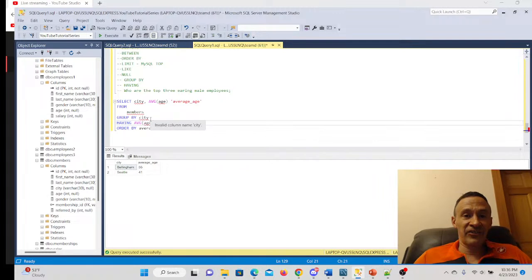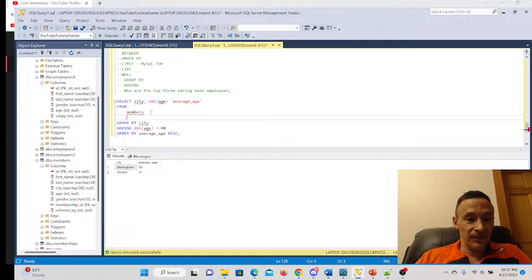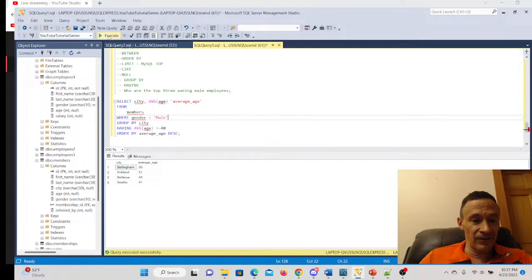Now you can actually use the where clause and the having in the same query. Now this table is probably not a very good example, but why not? I can go ahead and say where gender is equal to male. So now, if we pay attention,